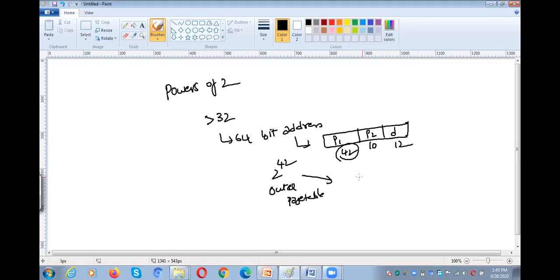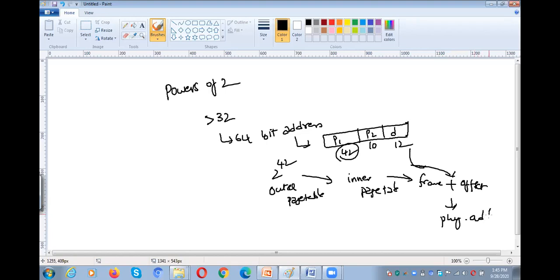It will be pointed to the inner page table, and from the inner page table we get the frame. We need to add the offset D to the frame so that we get the physical address. So this is a technique for a two level paging scheme. But if you observe here, if it is more than 32, the page table size is even bigger.